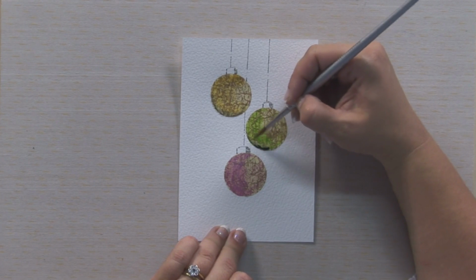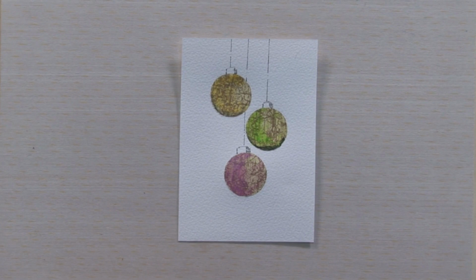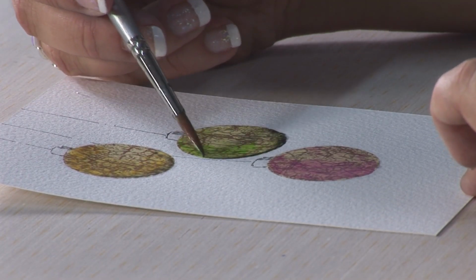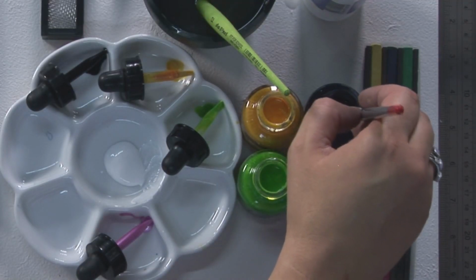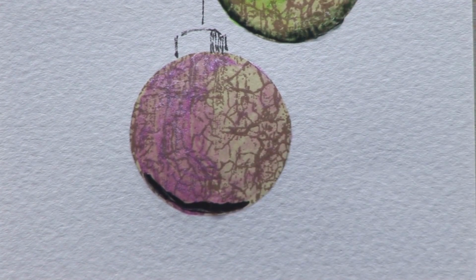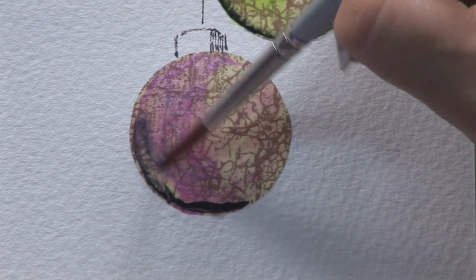These inks are so versatile because they'll go on so many different surfaces. And we're going to just blend that out into the green. There we go, that's better. And then a little bit more down in here, just to make them look a little more 3-dimensional. Now, as I'm finishing this one,